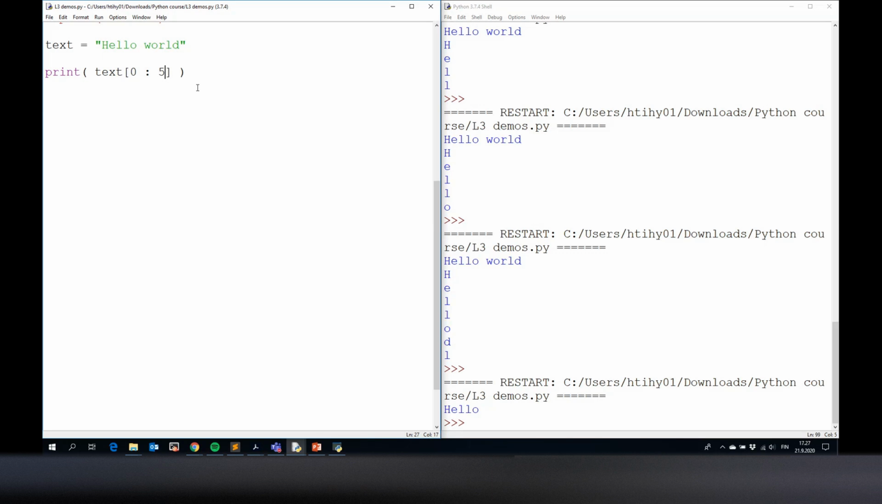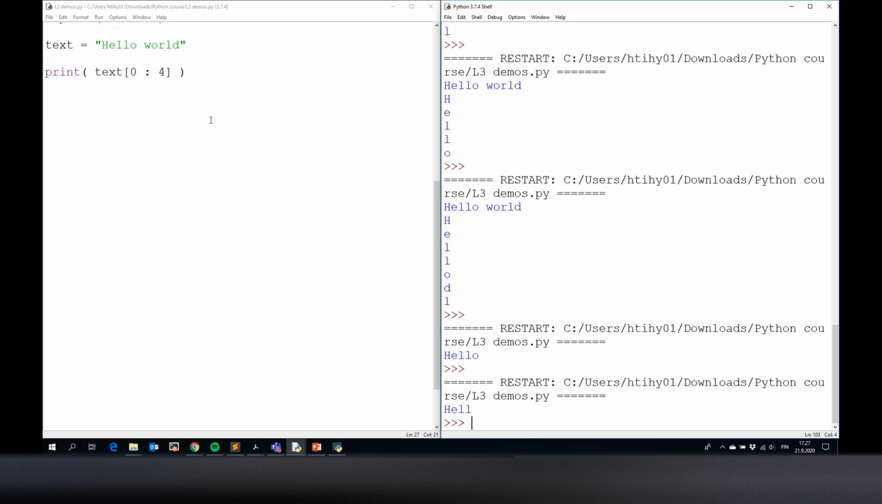Similarly, if we think about just taking the text up to the 4th index, we would end up with the word hell instead of hello. So